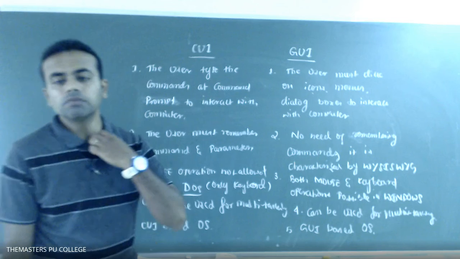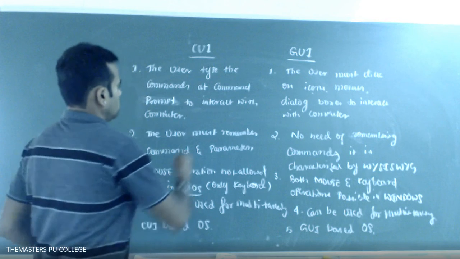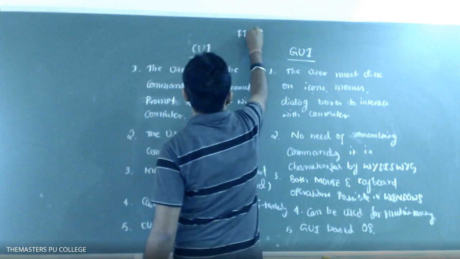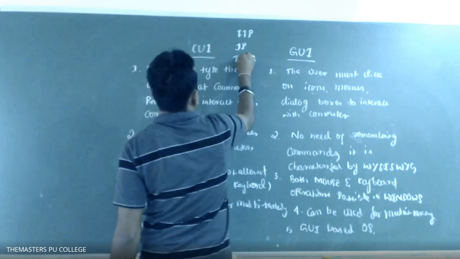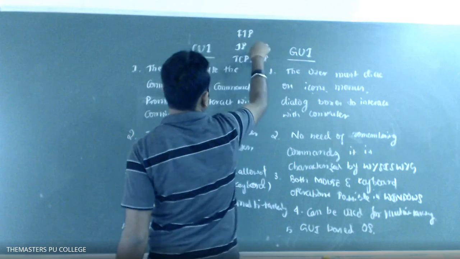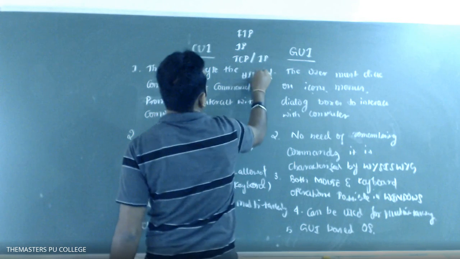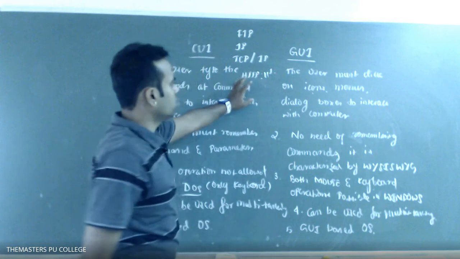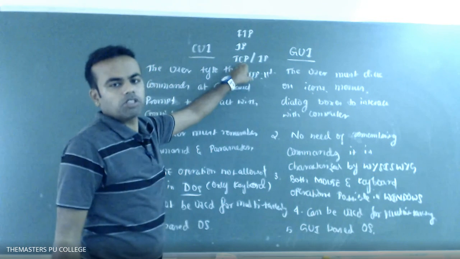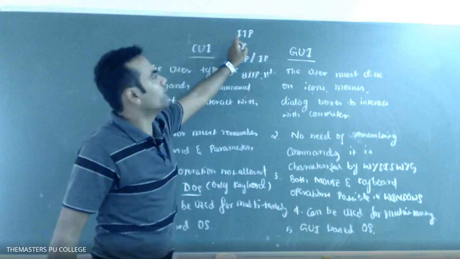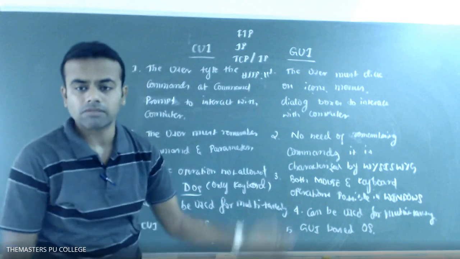We have types of protocols, no, sir? Sir, you mentioned protocols, and there are different types in them, like the SMTP protocol and the HTTP protocol. We have different types. We have FTP, file transfer protocol, then IP, internet protocol, and TCP. We will include these. And then HTTP. While connecting to the internet, we require these protocols. HTTP is hypertext transfer protocol, TCP is transmission control protocol, IP is internet protocol, and FTP is file transfer protocol. These are the types of protocols.